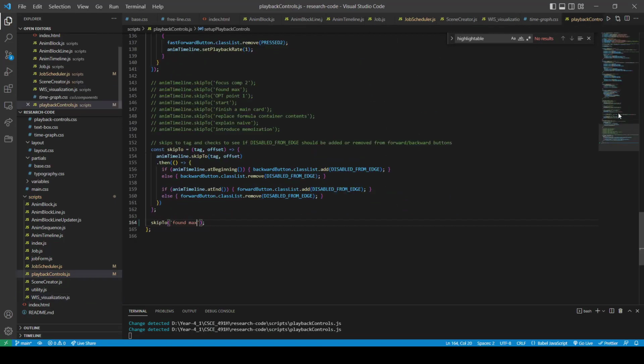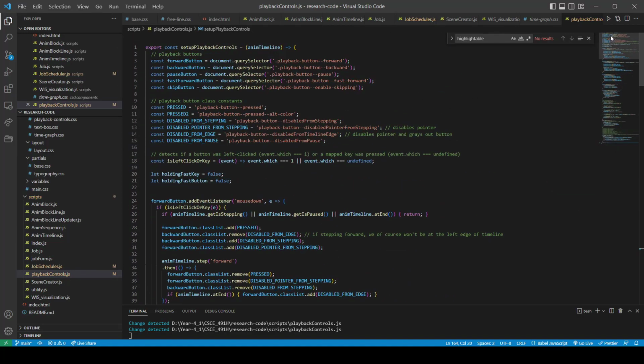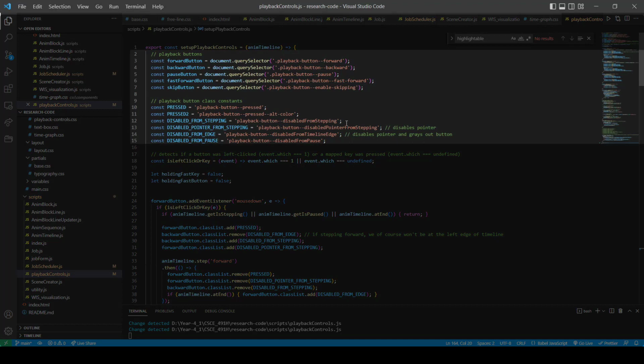Now, realistically, there would be some preset functionality to hook up these buttons for the developer, and you would be able to just use them, and that will likely be done in a future version of AnimTimeline. Here, though, everything was hooked up manually, but this serves as a good demo for how to go about setting something like this up. The first thing I'll talk about is these class names that can be applied to the